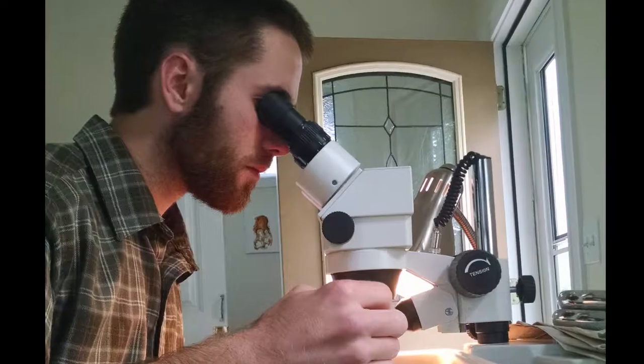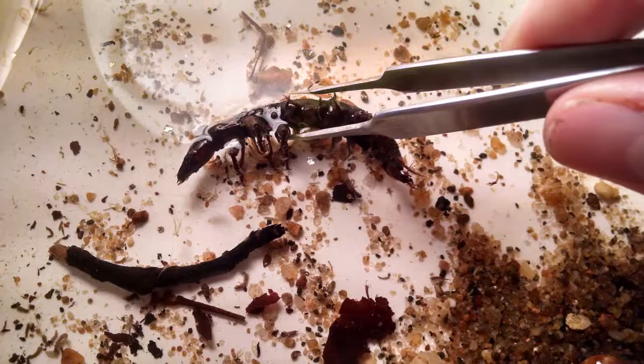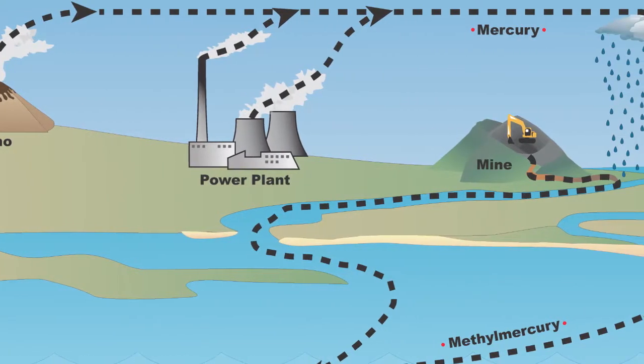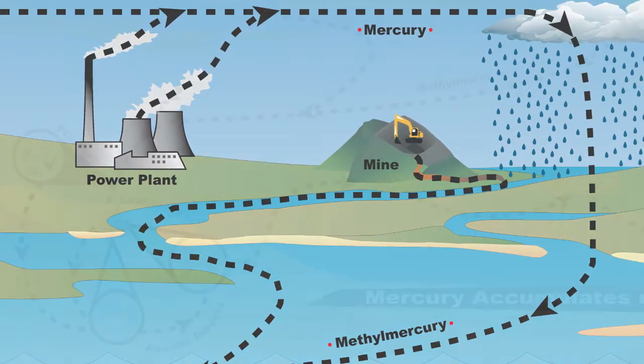My name's Jacob Oster. I'm a master's student here at the Chesapeake Biological Lab. I work with Laura Lapham and Andrew Hayes, and together we're looking at mercury pathways in aquatic ecosystems. I'm looking at aquatic insect communities in streams, and what we want to understand is how these organisms absorb mercury